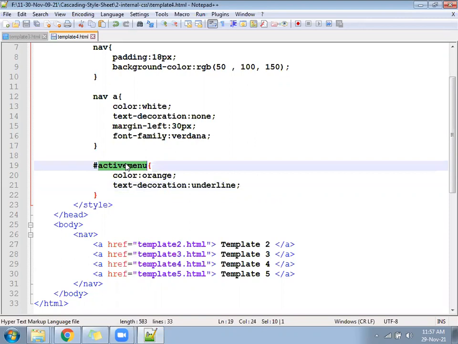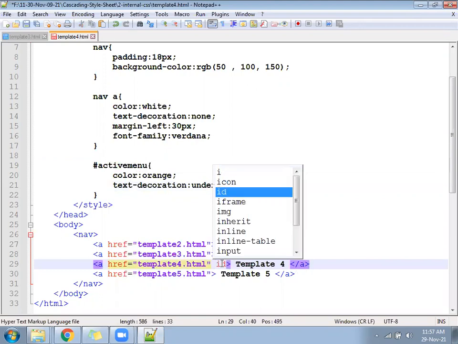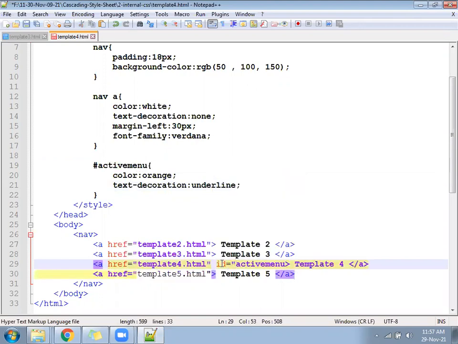Now wherever we call this active menu, for template 4 I'll call the id equal to active menu. Active menu represents you are on a particular page.